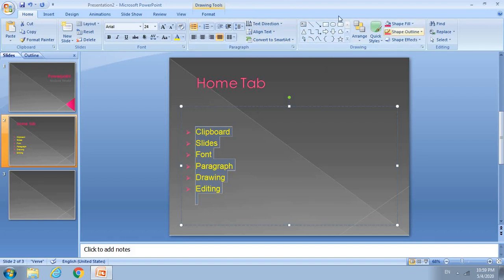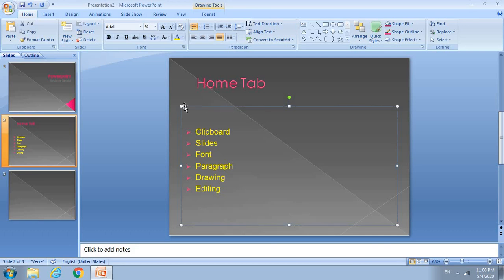Now coming to the drawing group. The drawing group is useful when you want to add a particular shape, something which you want to show or highlight in your slide, but that is not totally dependent on these texts which I have already written here. Okay, now remember, there's this box.